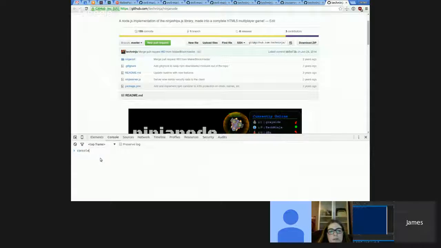But here's the console. And we can say console.log. And we can put anything we want in here, like this. Hello world. And it typed up hello world. This right here is telling us what the output of this function is. When you see two parentheses, then you know you're executing a function. A function is just a thing that does something.